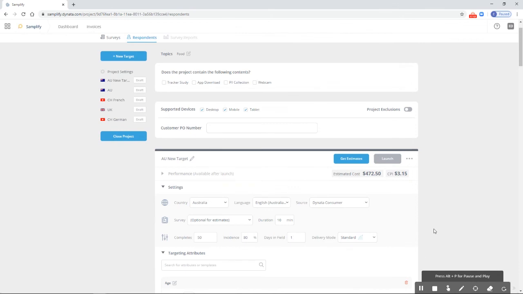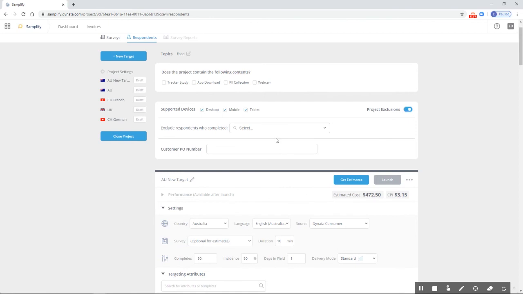The last example which we're going to cover now is exclusions, which can have an impact on your traffic flow as well. If you do have too many exclusions in field, it is possible that at a certain point your study will dry out and you will not be able to get fresh targeted sample in it. So one option you will always have as well is, if you have those exclusions on, for example, if you would have selected